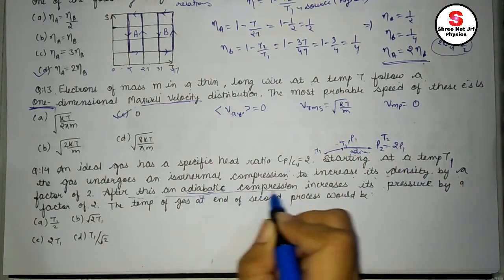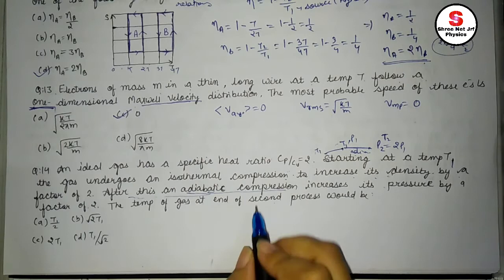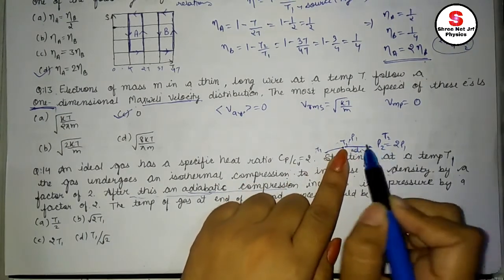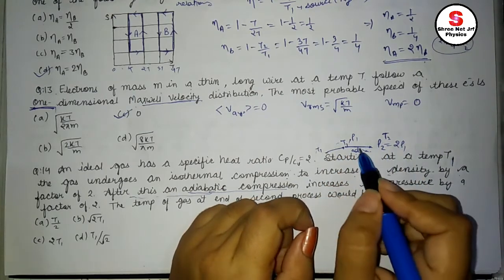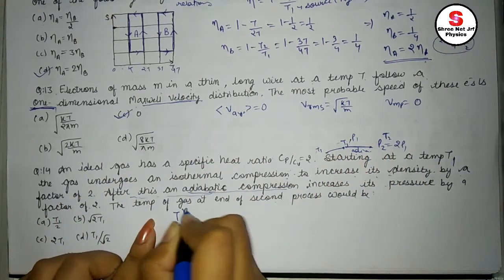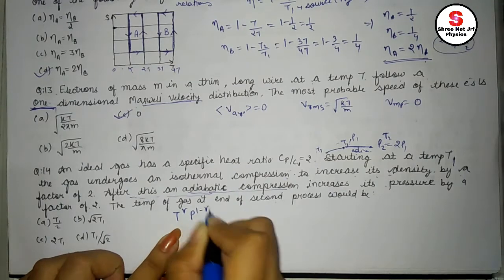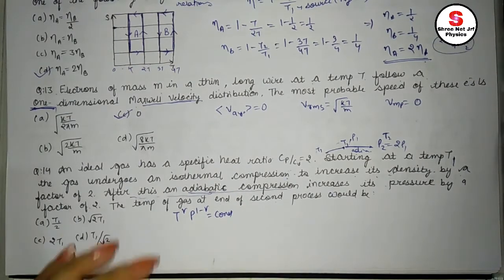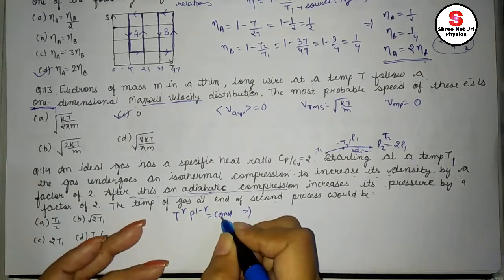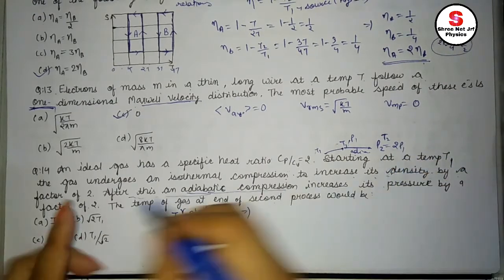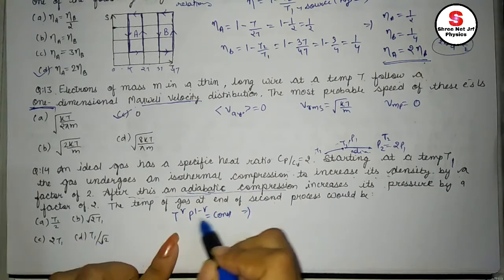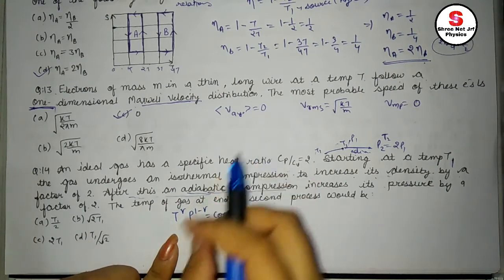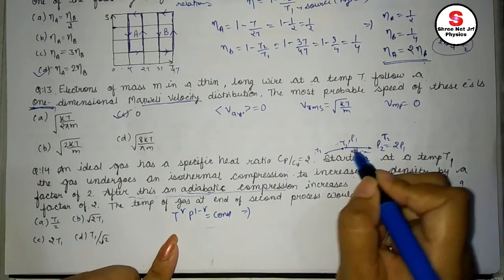Adiabatic compression: we have P and T here, pressure and temperature. So according to the adiabatic process, what remains constant? T to the power gamma, P to the power 1 minus gamma is equal to constant. Just solve this equation and you will get your answer, because we are given gamma, and we are given the relation of P2 and P1. If we use the density, again I am telling you, we just get a relation for V2 and V1, which is not useful here to find T. Without that also we can find it, so directly proceed with this one process.